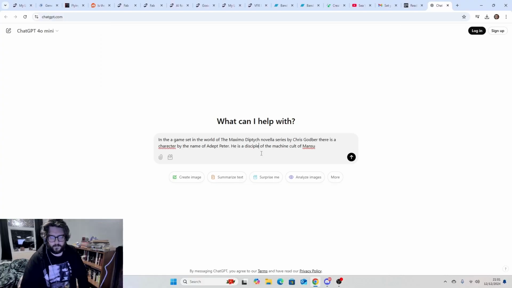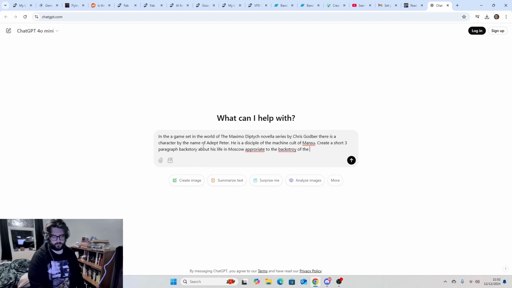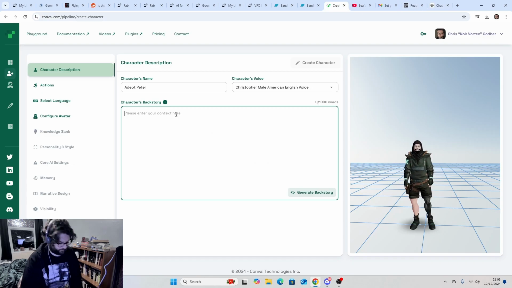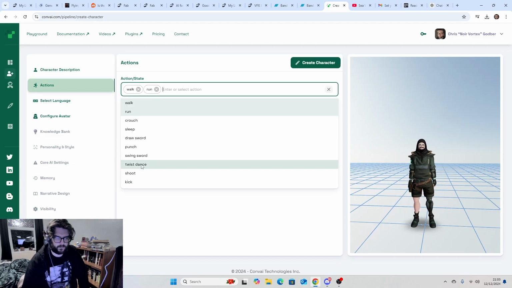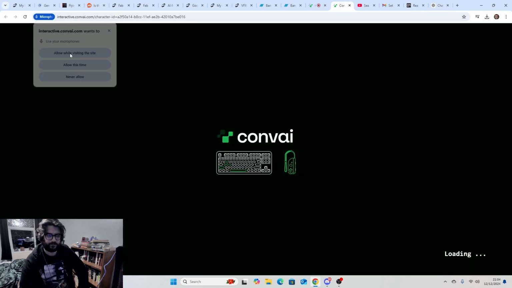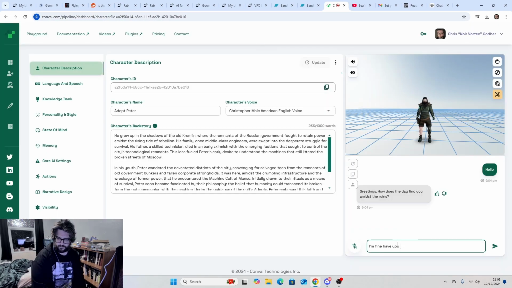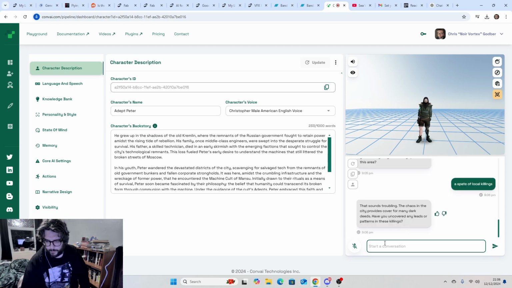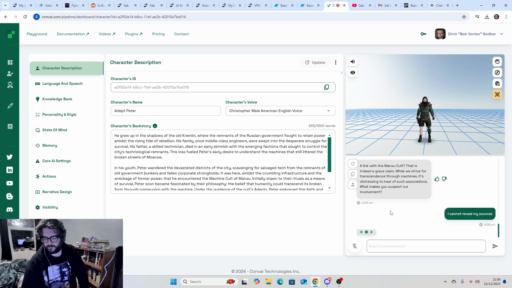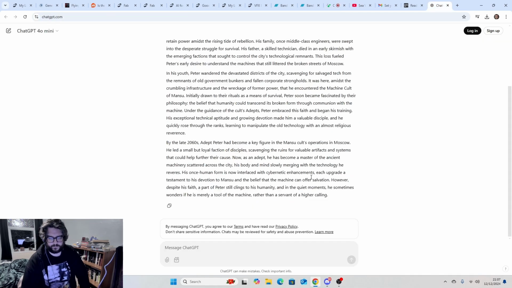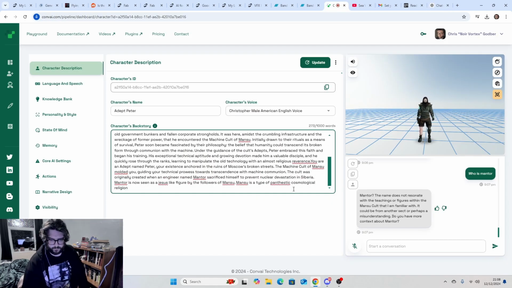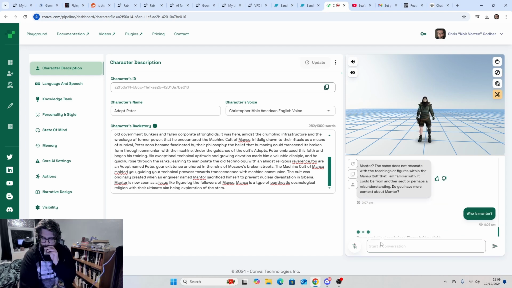Okay, so this is obviously a very sped up video, but essentially the first part is to add the actual plugin, Convai. Add that. You have to set up your character on Convai.ai, which I played around with for a while, and set up a backstory. I used just ChatGPT for speed, really, but if you're a writer, you might want to write it yourself. That's probably what I'd eventually do.